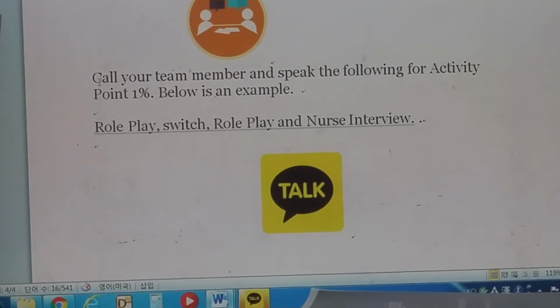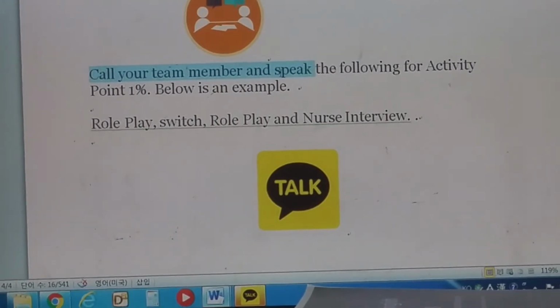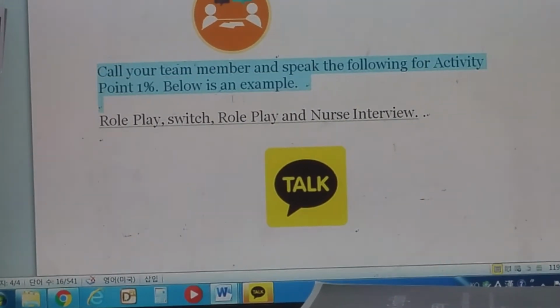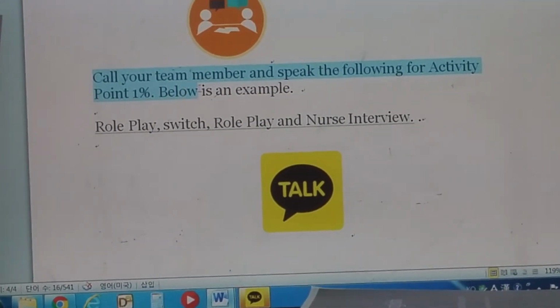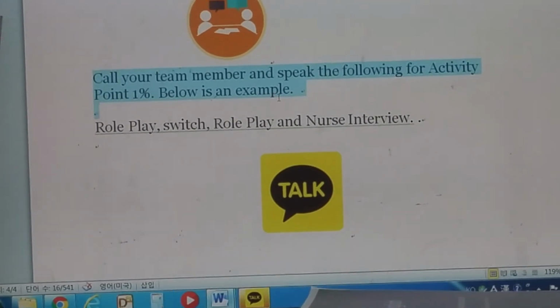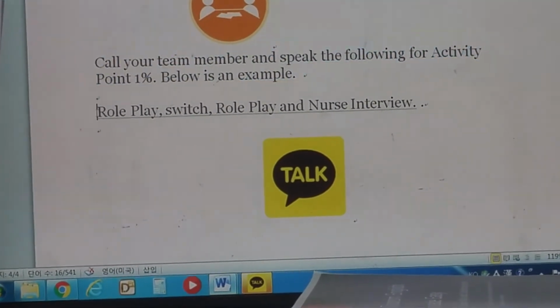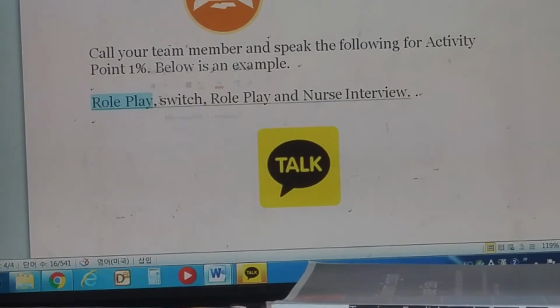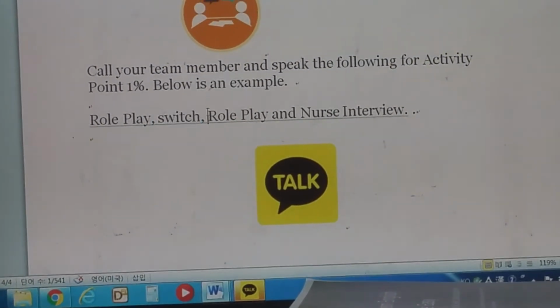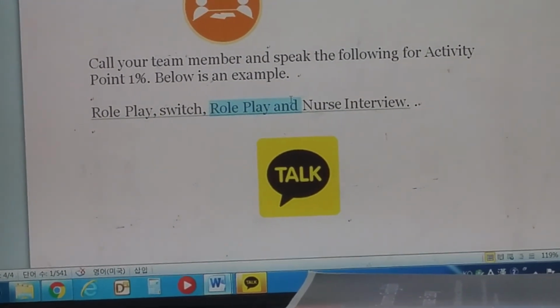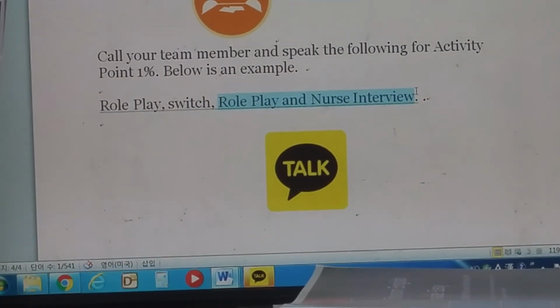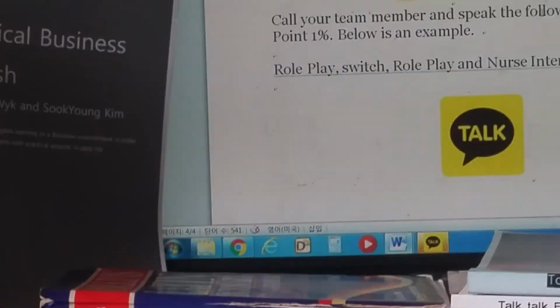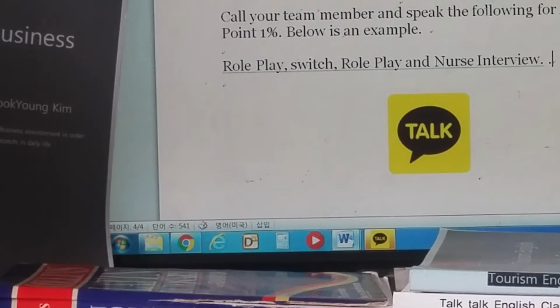Call your team member. Speak the following activity. Below is an example. So what you do? Role play, switch, role play, and nurse interview. Next, what do you do? Next is